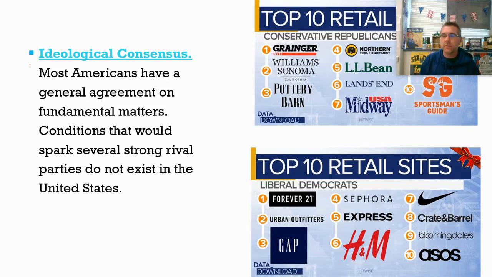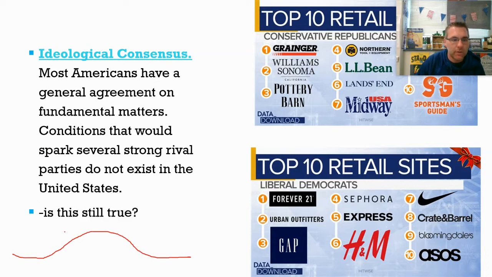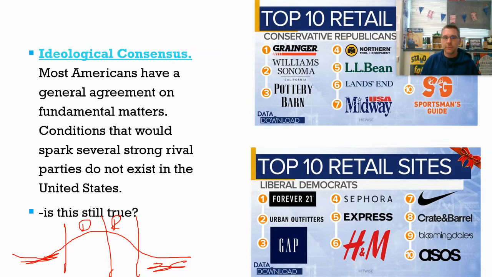There's not as much, even though people might not like the Republican or Democrat Party. If you think of it kind of like a bell curve, if you will, it's the idea that 80% of people are going to find their needs met within the Republican and Democrat Party. Okay. There might be a few fringe Republicans out here, a few fringe Democrats that want to go Green Party, but not enough to make a difference. And that's the idea of the ideological consensus.